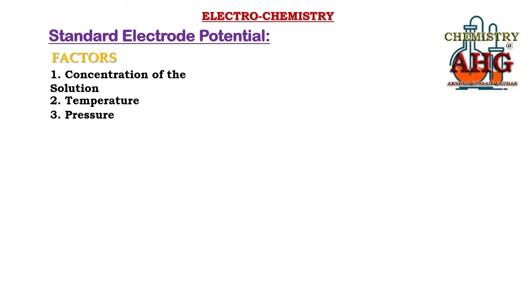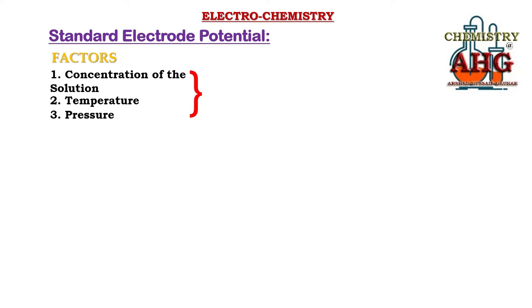Okay, here is a very simple trick that you must remember. Whenever you are required to predict what will happen to the numerical value of standard electrode potential for a cell or a half cell, and you make a change in any one of these three factors, you should look for whether the change is favoring reduction or oxidation. That's it. Once you have identified this, it becomes very simple to predict what will happen to the numerical value of standard electrode potential.